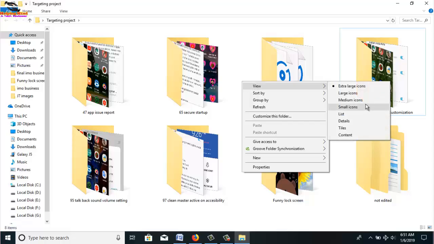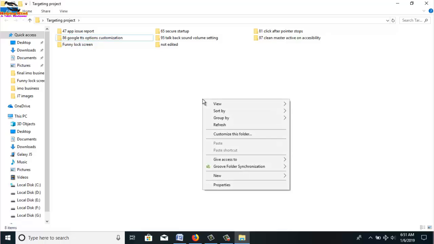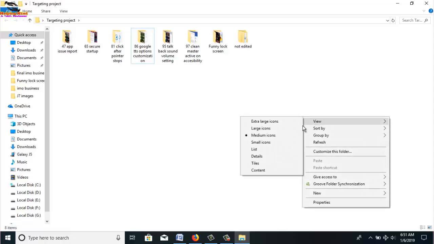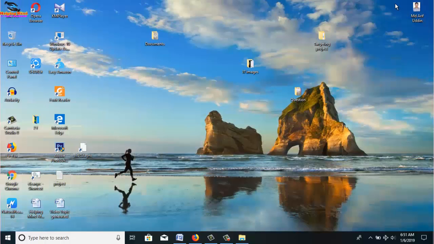I will select empty space and select view, and here I will select small icons and it will change into small icons. Thus we can select extra large icons or medium icons. It depends on you. Now I will go to my desktop and I will show another way, and it's a very